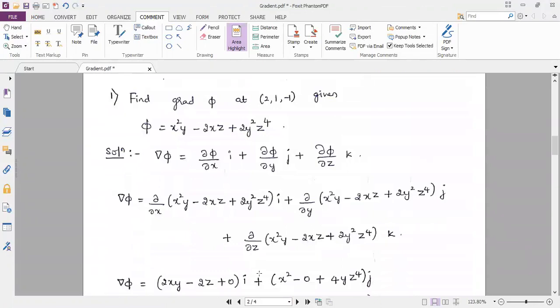Let's do a problem. Find grad phi at 2, 1, minus 1 given phi is equal to x square y minus 2xz plus 2y square z power 4. Let us first write down the formula for grad phi. Grad phi is given by ∂phi/∂x i plus ∂phi/∂y j plus ∂phi/∂z k. Grad phi is equal to ∂/∂x of,